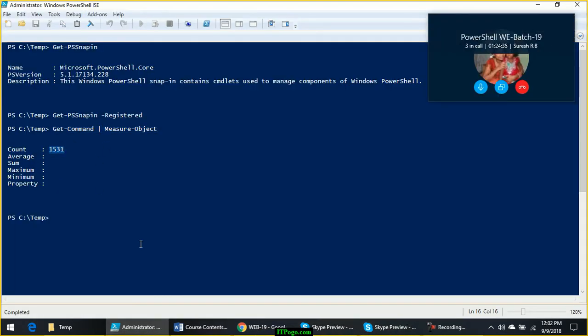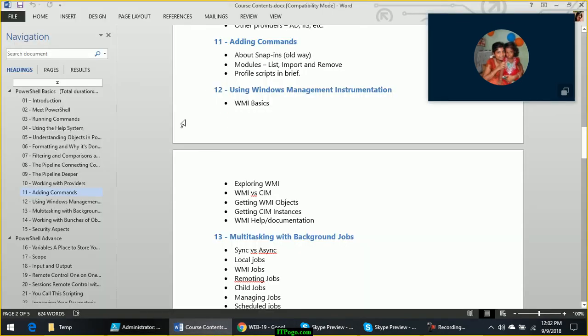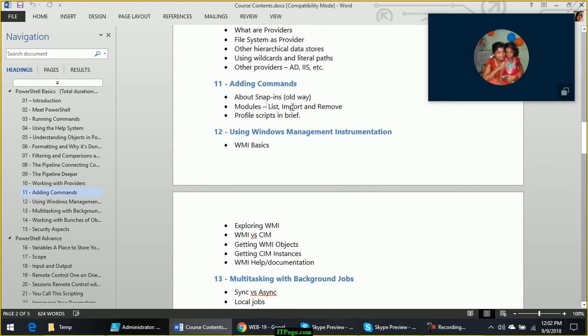Because the number of commands available on anyone's computer depends on how many modules are installed on your computer. And let's discuss how these modules can be installed, listed, imported, and removed.